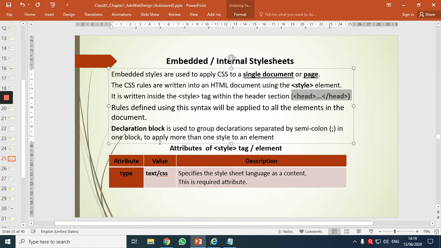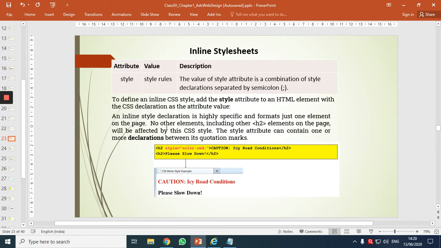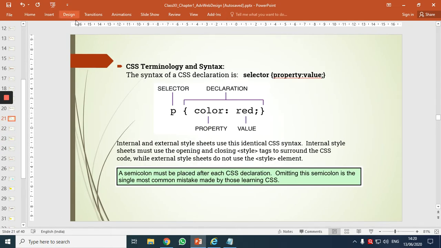Now, what are the rules? We will be following the selector and declaration part. The inline style sheets follow only the declaration block. The internal and the external style sheets use the complete CSS syntax.